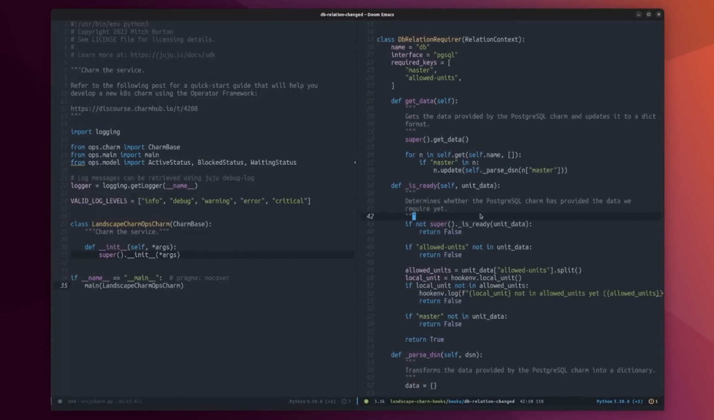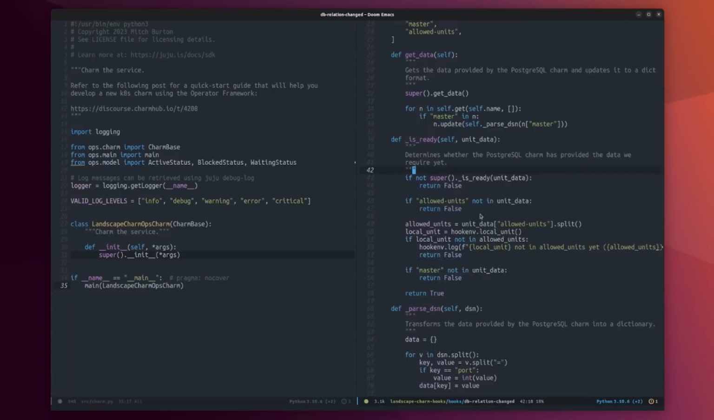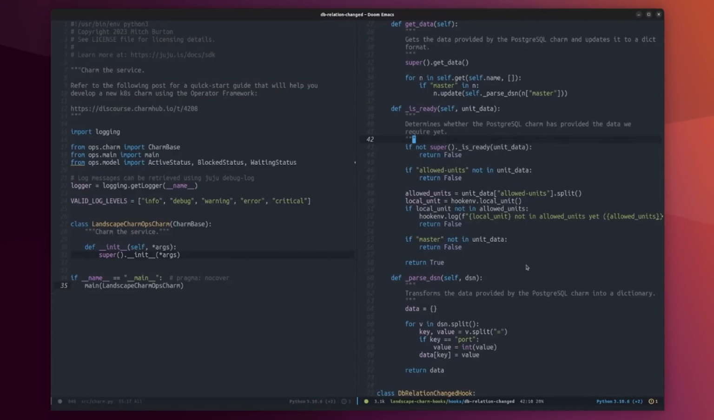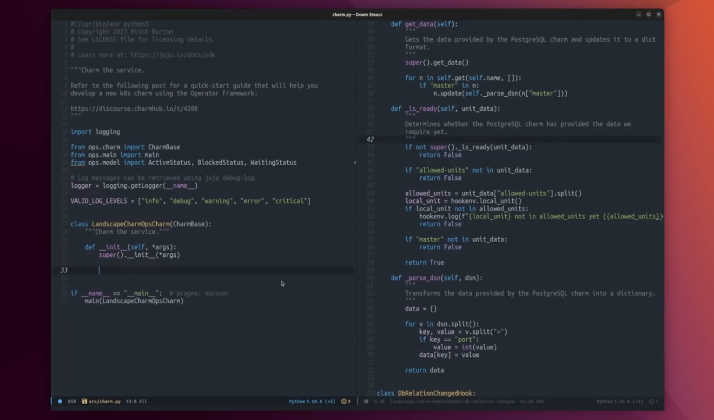In the ops framework, instead of doing something like this, you register methods on your classes. So for example, we do something like